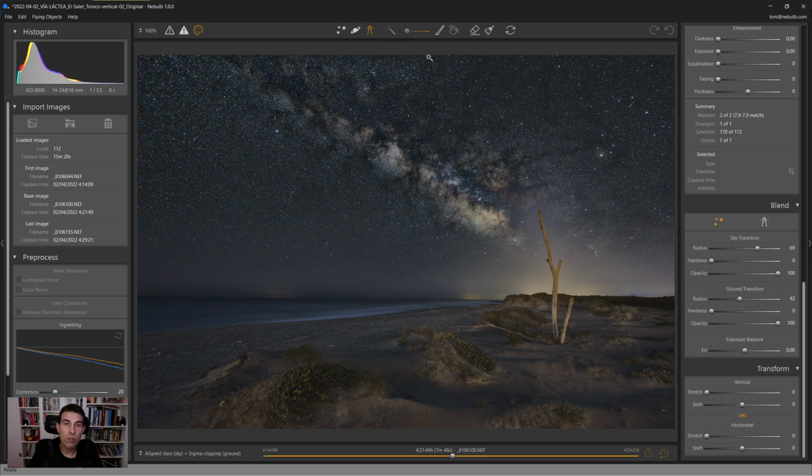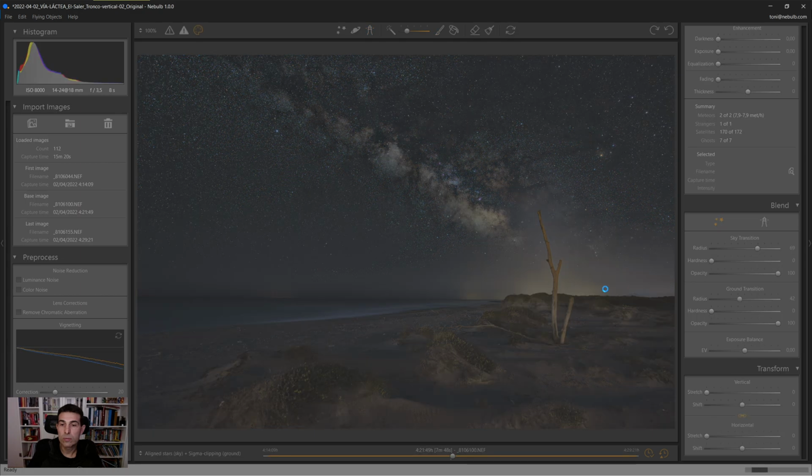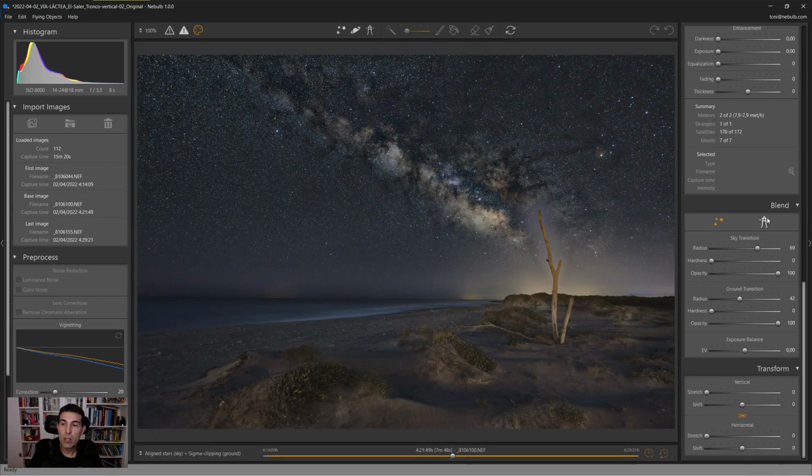I have to define that area. For this reason, I'm going to select this tool at the top, the brush, select this, and reload. Okay, now this area is enabled, and I could perform a different adjustment,